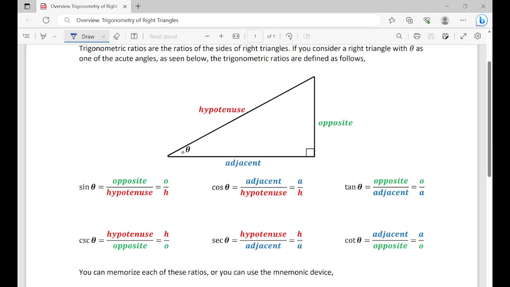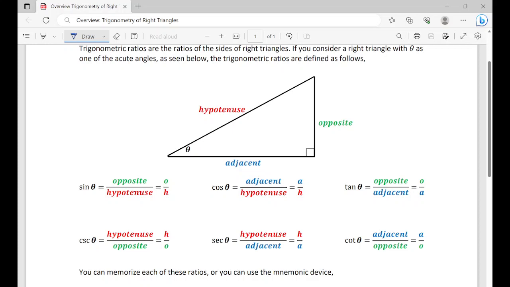opposite, which is on the other side of where theta is located, adjacent, which is exactly next to theta, and then hypotenuse, which is always the longest side of a right triangle. When we have a right triangle like this with opposite, adjacent, and hypotenuse, we can find the 6 trig values